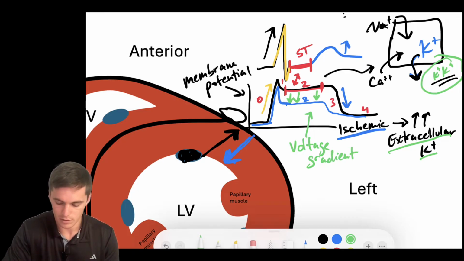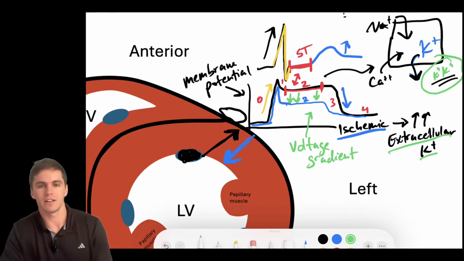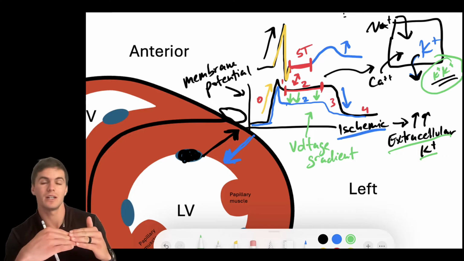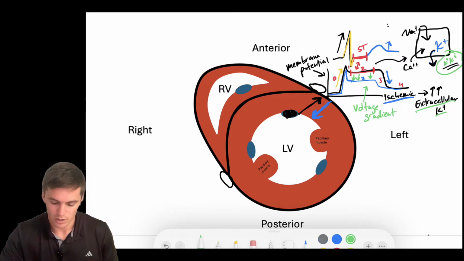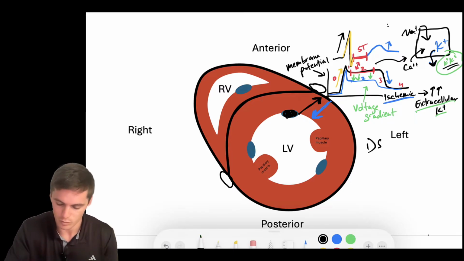Okay? And so when you get a voltage gradient in phase 2, usually there is no voltage gradient, but we get one in phase 2, you get changes to your ST segments. So let's talk about what happens first if you have, we'll talk about first subendocardial